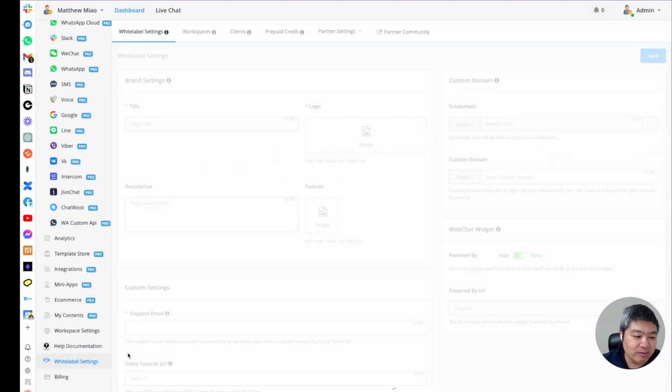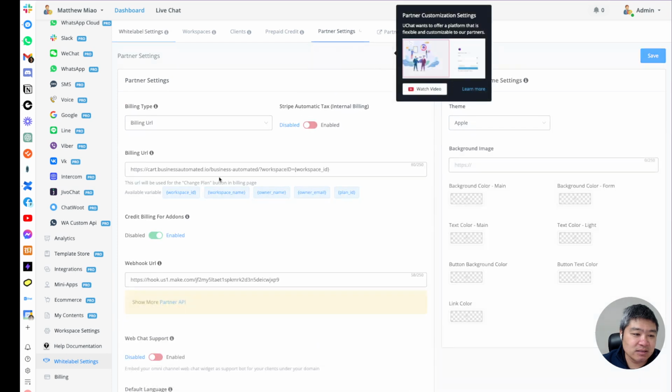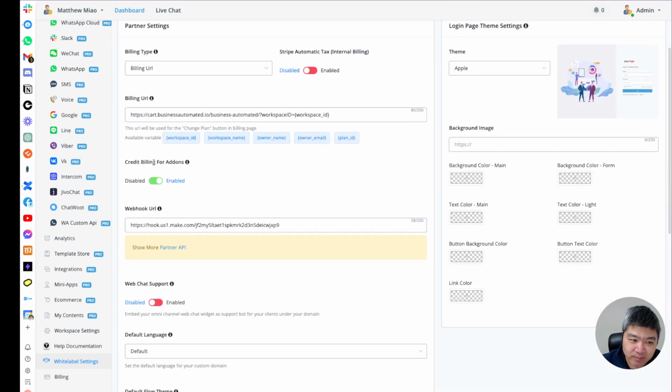So if you go to your white label settings, go to your partner settings, you can see there is a credit billing for the add-ons. This is the option that you've turned off. So if you turn it off, what I can think is there are two ways you can do it. First of all, you have a checkout page if you want the customer to do it themselves. You have a front page, you have a checkout page that will show the add-ons,